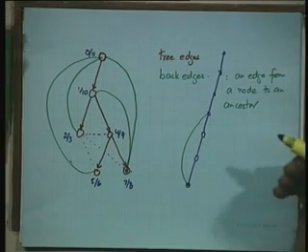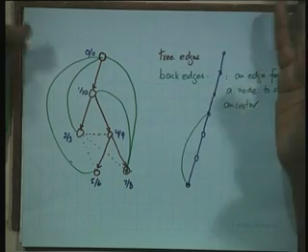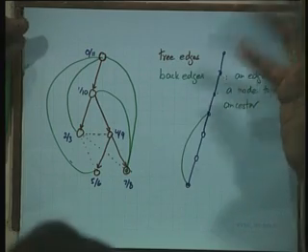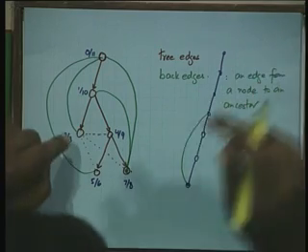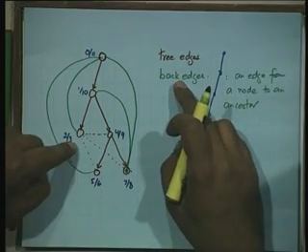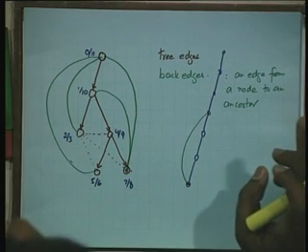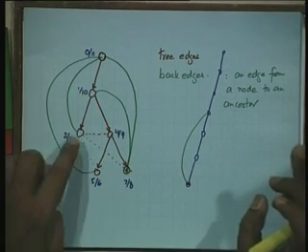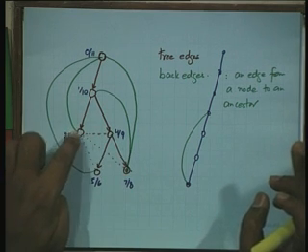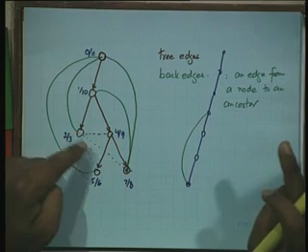An edge from a node to a parent is a tree edge. So we will distinguish between tree and back edges. Those are the back edges, and the ones in the red dotted here are not back edges, because they are not going from a node to its ancestor. Neither is this node an ancestor of this, nor is this an ancestor of this. So such edges cannot be there at all in our graph.